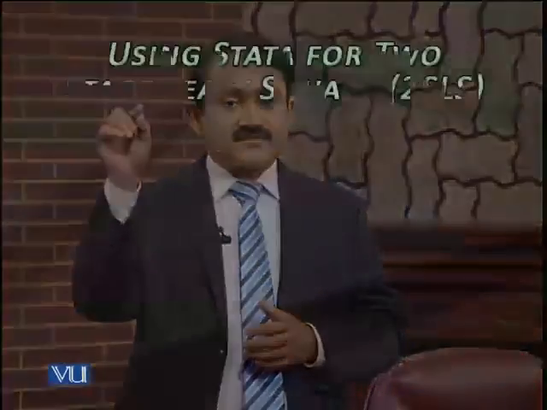Let's see whether the reg3 and IV regress give the same results for the same data set and the same type of models. The syntax is different. Remember, you wrote reg3 and then two sets of parentheses. In the first one, you had the original over-identified equation. In the second, you had the reduced form of the variable on the right hand side of the over-identified equation, and then you specified an option 2SLS.